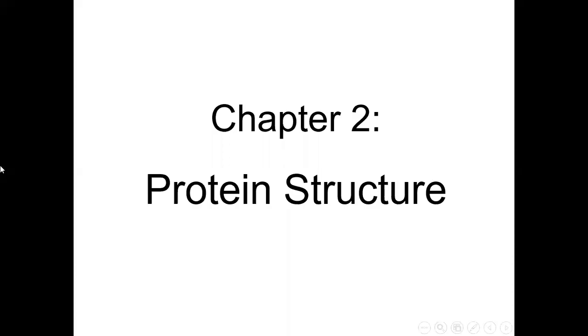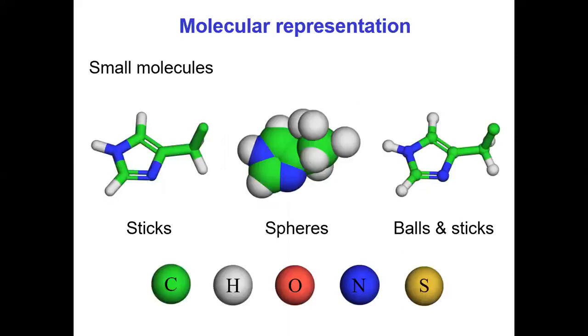In the previous lessons, we saw that there is a tight relationship between the structure and function of proteins. And this means that in order to understand how proteins work, we need to first understand the different aspects of their structure. And that's what we're going to do in the following lessons. But before that, I'd like to say a few words about the different ways we use to represent molecular structures